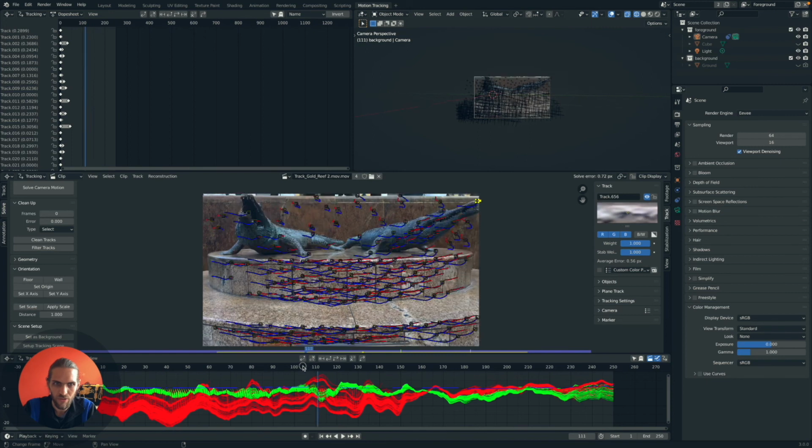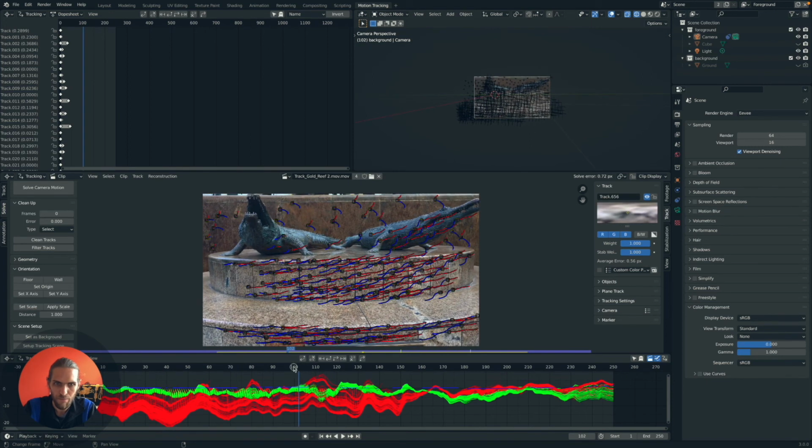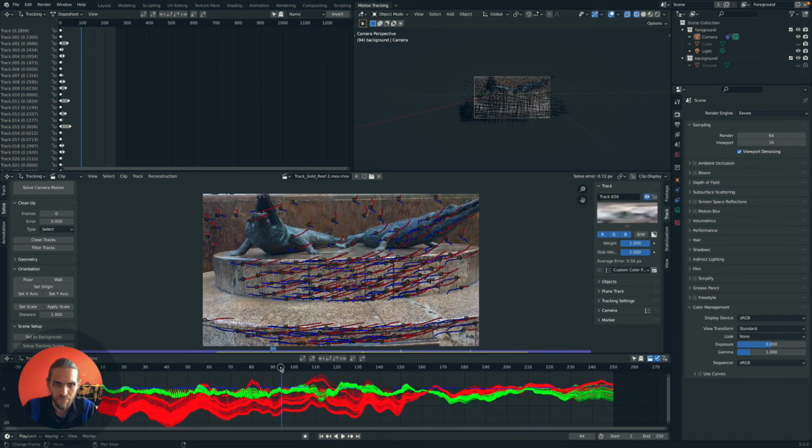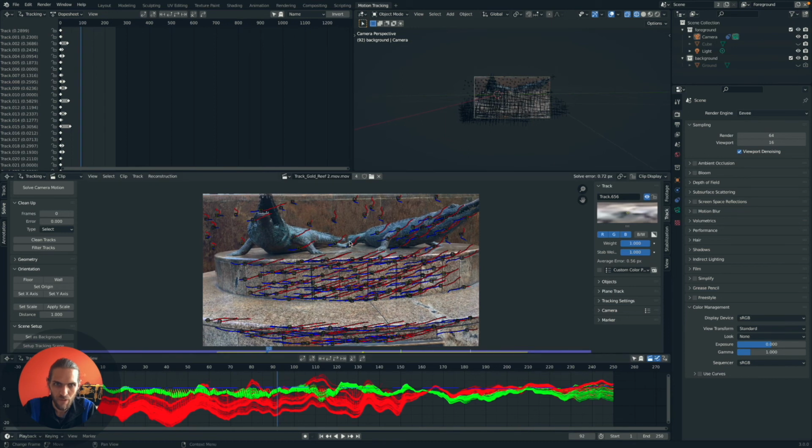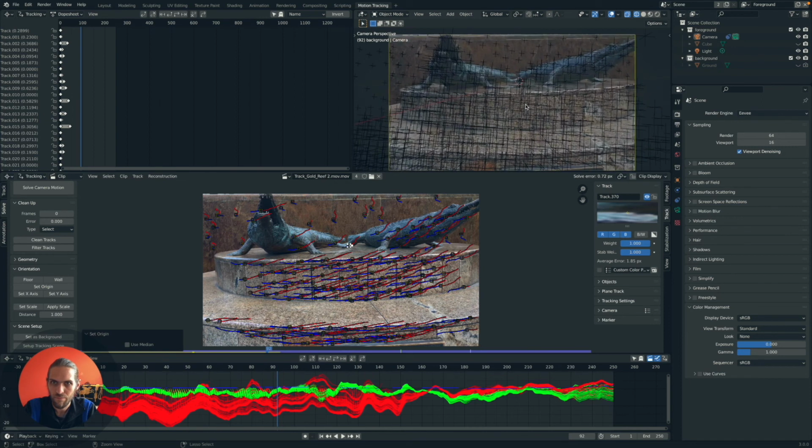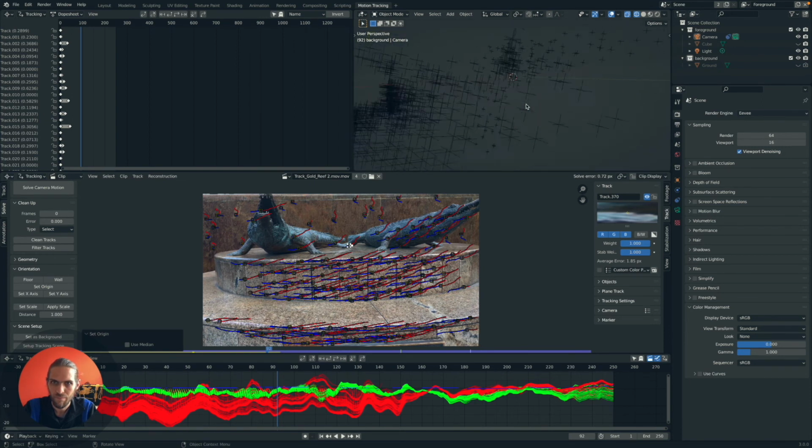Maybe I should choose another origin. What if I make this guy the origin? Okay, can you see? We're actually getting somewhere. That's looking good. It's looking much better. See there? So if I show the cube,